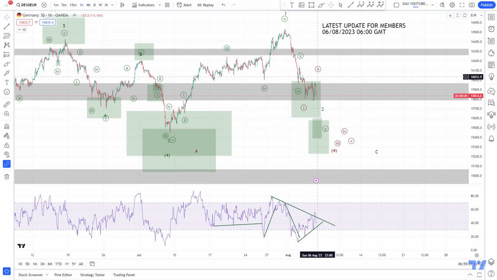This can be an impulse instead of a corrective move, because we need a wave C here in the bearish case in red, which would be impulsive. This can also play out as an impulse to the downside. So I think we have to be careful here with buying. But this is something for Monday. We will analyze the structure in more detail on Monday when we have a closer look at the lower time frame for our trading.